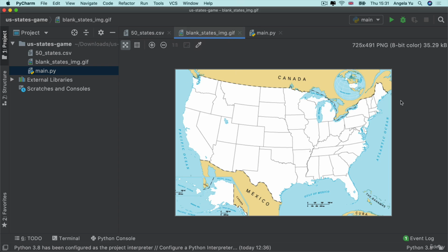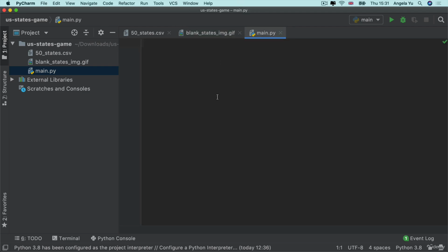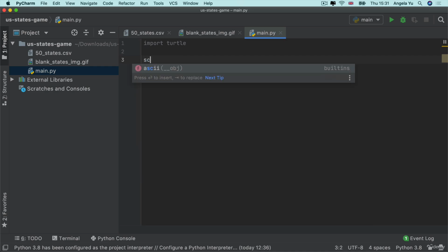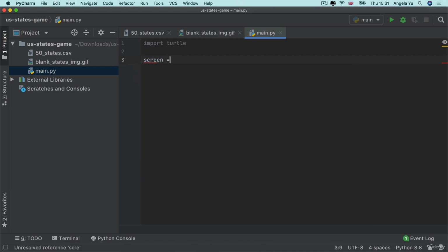This file is just an image of all the states of the US blanked out, so it doesn't have the names. So it's ready for our user to start guessing. Finally, you'll have an empty main.py file, and this is where we're going to get started. So the first thing I'm going to do is import Turtle, so straight up import the module, and then I'm going to create a screen object from